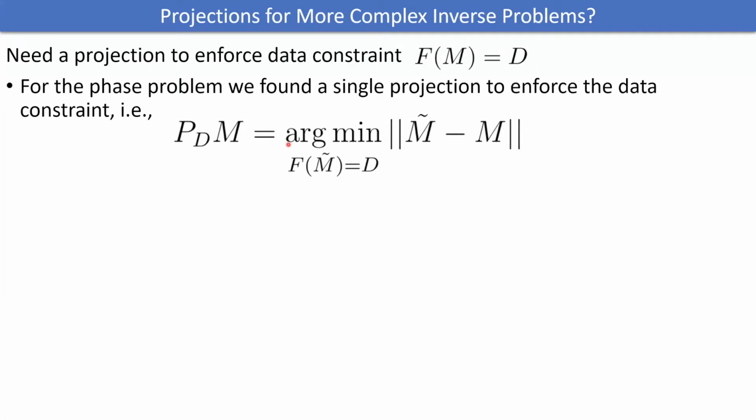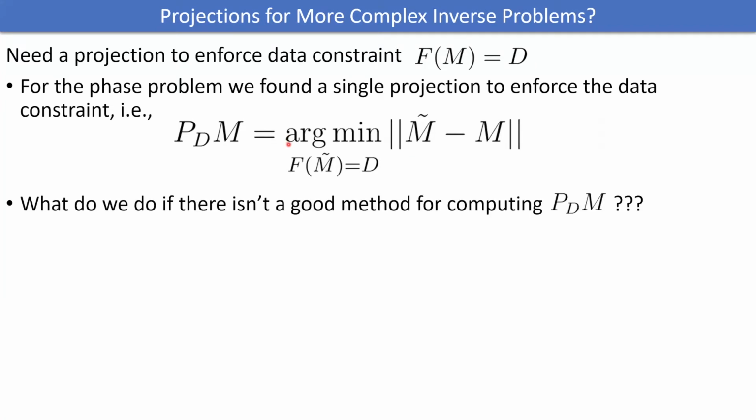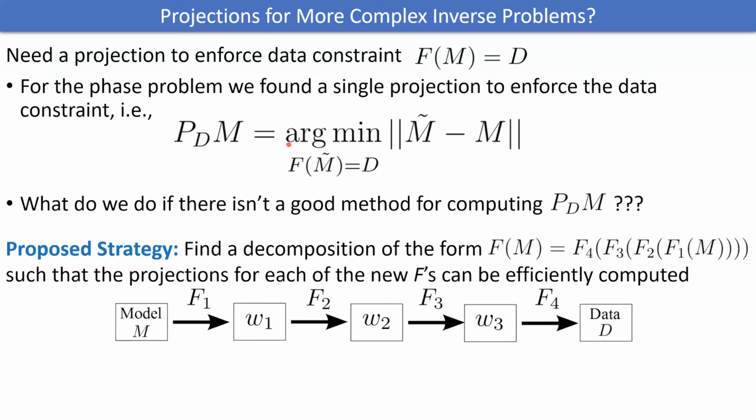And so for the phase problem, again, that was quite easy to do. But what if there isn't actually a good, efficient method for computing this projection? What do you do then? Because this is an essential part in getting these iterative projection, iterative phasing methods to work. And so what I want to propose here today is that if you don't have a good way to do